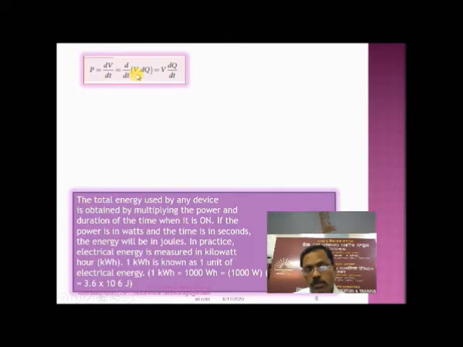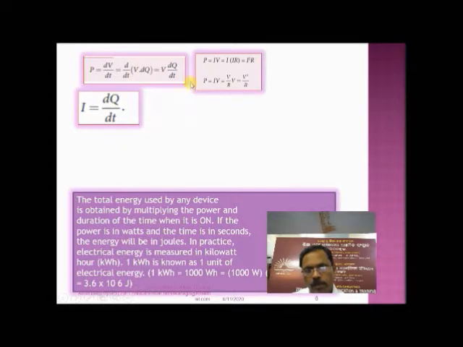Power is equal to what? VI. So I is equal to dQ by dt. Therefore power is V into dQ by dt, and current is equal to dQ by dt. And power is equal to I into V, current and potential, that is equal to I into, as per Ohm's law, IR. So I square R will come as one equation, and if we rearrange the equation, the power is equal to current into voltage, where current is equal to V by R, so V square by R. This is another equation in case of the resistance.